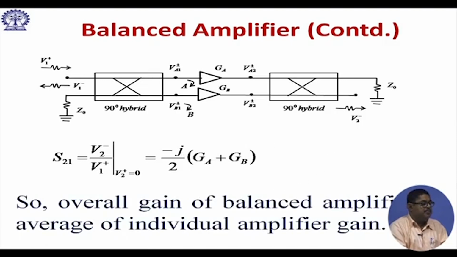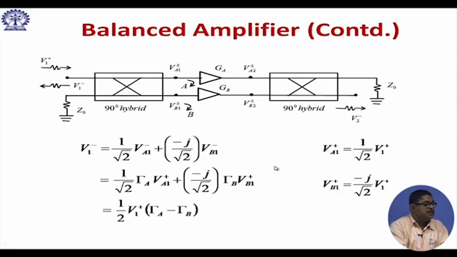So, overall gain of balanced amplifier is average of individual amplifier gain. So, that is why we said that though we have two amplifiers, but actually we are getting gain of 1. But where is the beauty? Again you see that